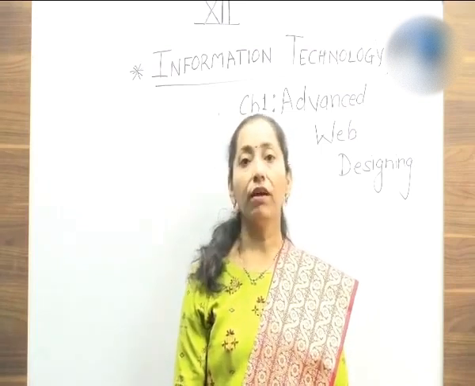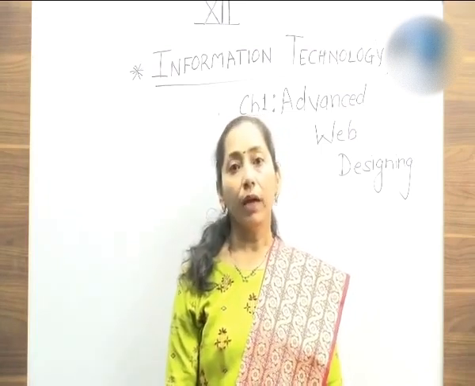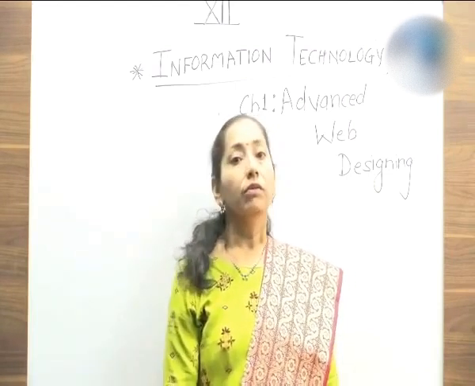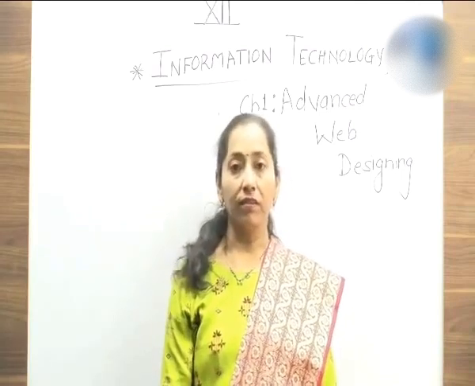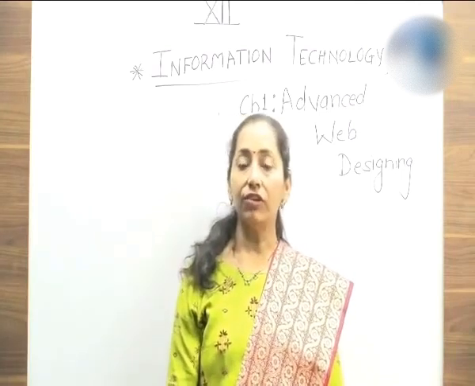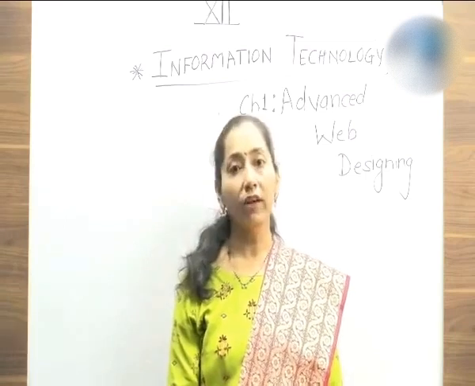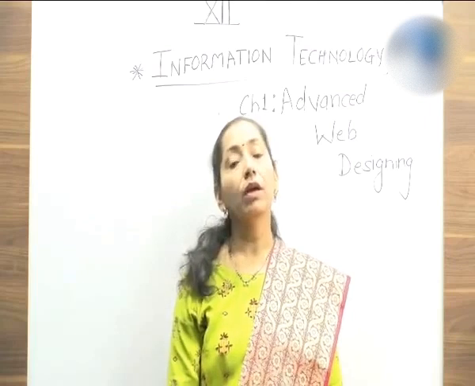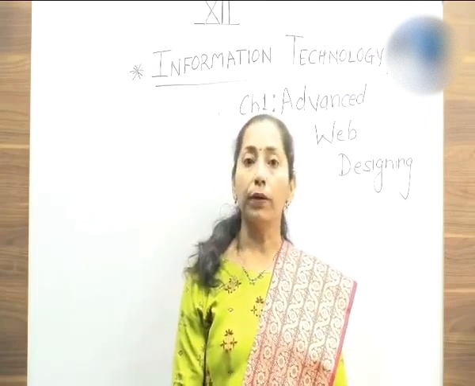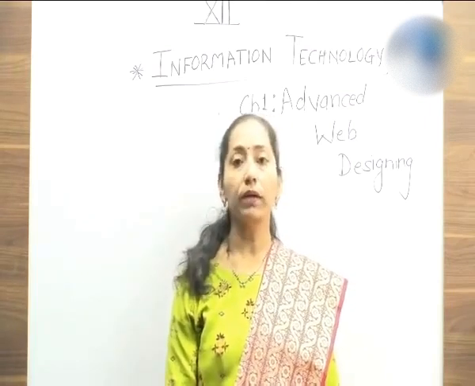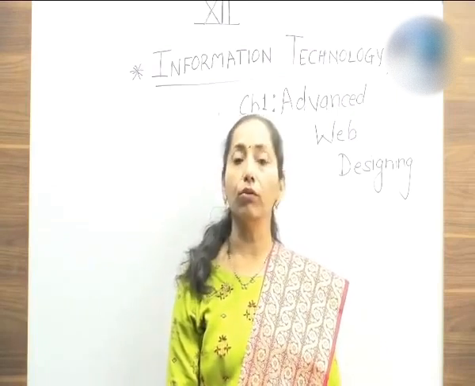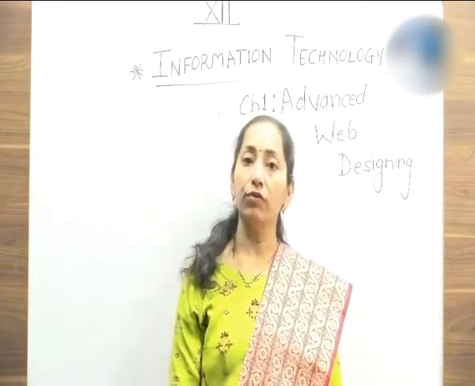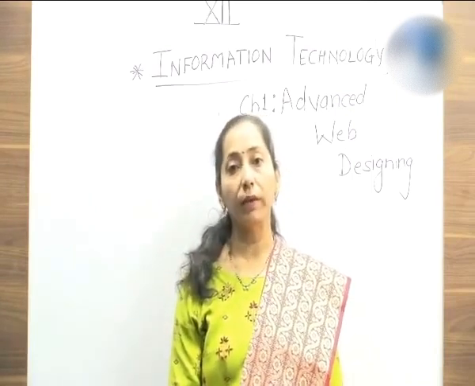Students, in the last lecture we have seen various types of input restrictions. Today we are going to see CSS and types of CSS. Cascading Style Sheet is where you give various formats for your text as well as your complete web page. So how to make use of the properties and values, and which properties and values you can make use of in CSS. Let us learn all the properties and values which are very important from the point of examination.